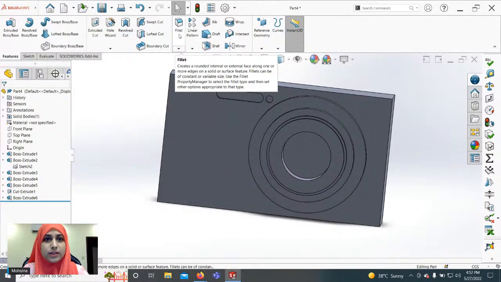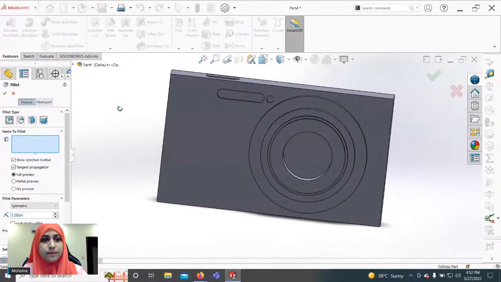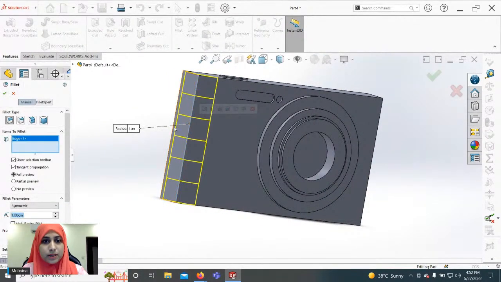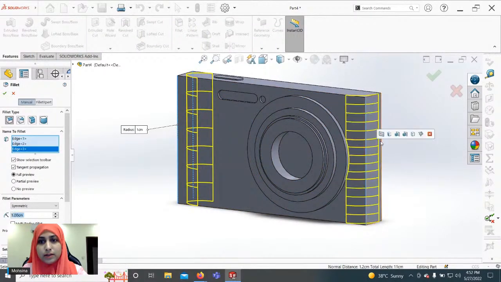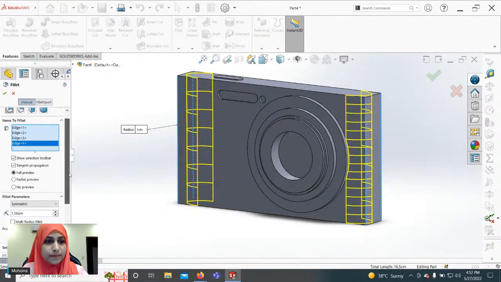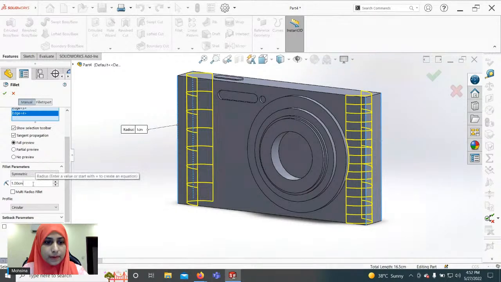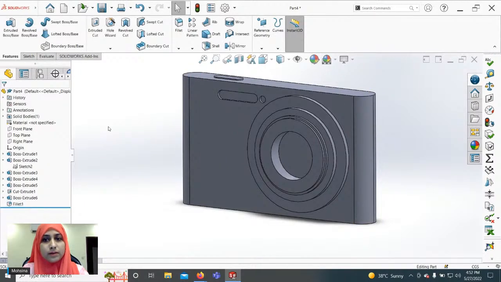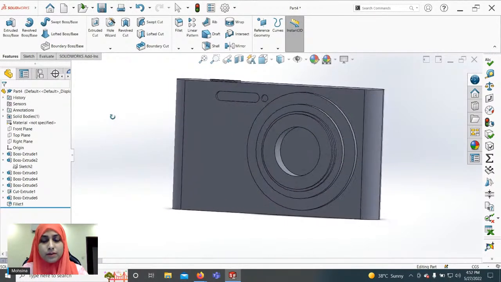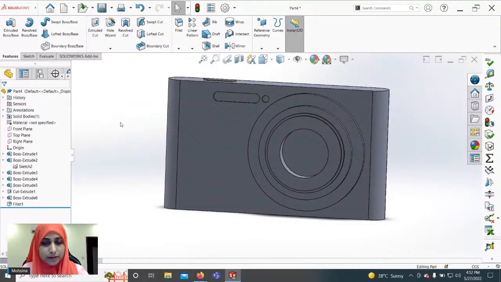So to round the edges, go to this fillet feature, select these edges and these two edges here. And here, add 0.6 centimeters. So this has been created.